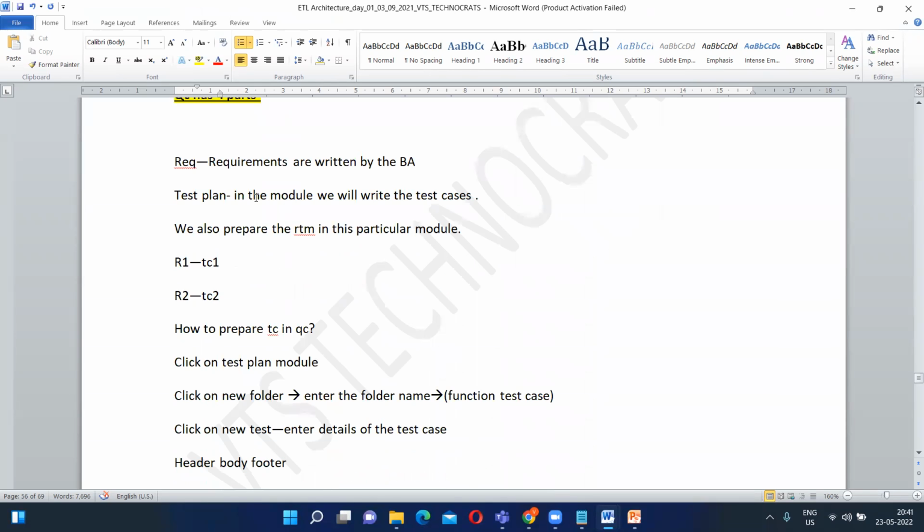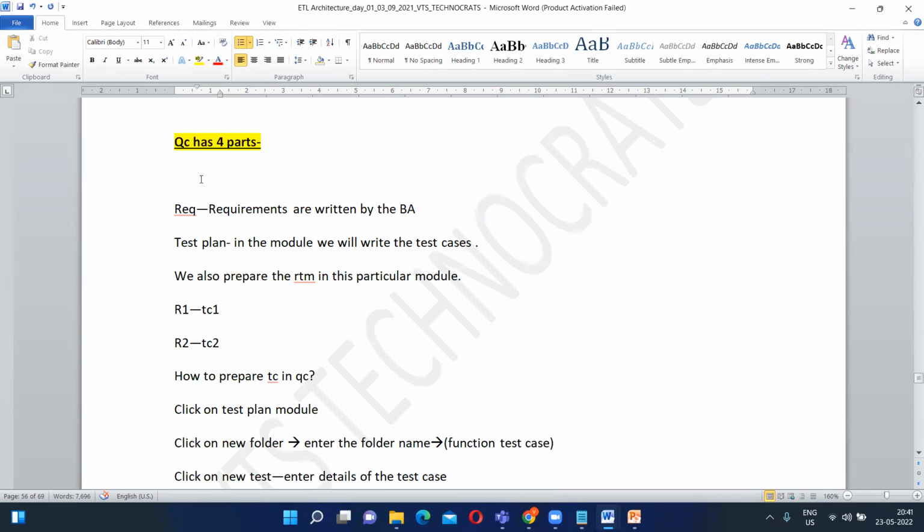One is the requirement section. Requirements in a company are written by the business analyst. A test engineer never writes a requirement, nor brings a requirement. So requirements are brought by whom? By the particular business analyst. Now the requirements are written in the QC by the business analyst, and then here there are 4 modules, guys: